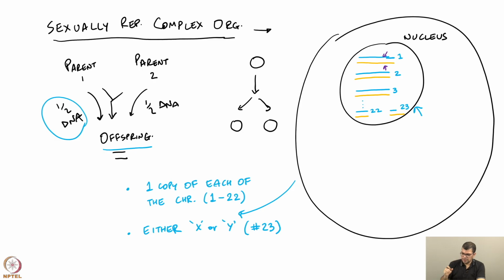And this 23, there is nothing sacrosanct about 23, it is just that we happen to have 23 pairs of chromosomes. Different species have different numbers. Something like Baker's yeast, which is a single celled eukaryote but capable of sexual reproduction, has 16. You will find examples of different numbers throughout nature.